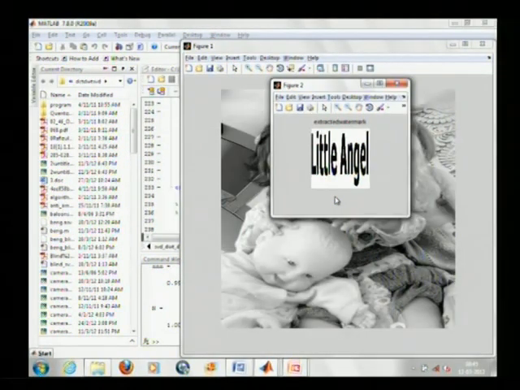This is our extracted watermark. Now you can see you have inserted the watermark little angel and you have found the same watermark after the extraction process. So again after extraction you can find the original image as well as your watermark image,